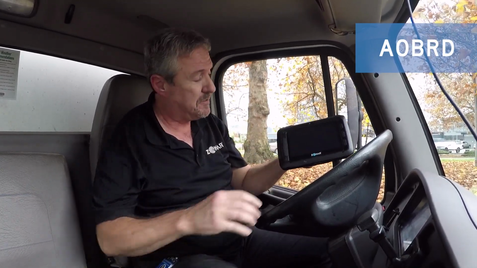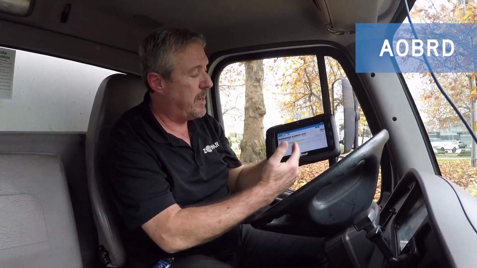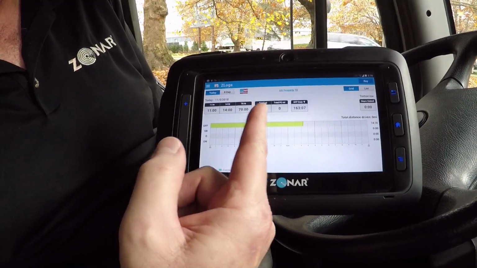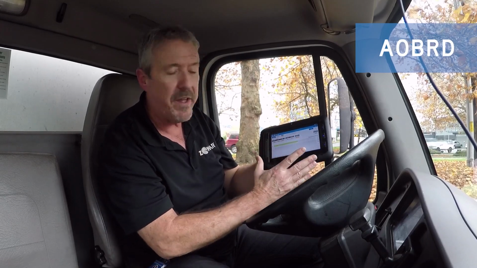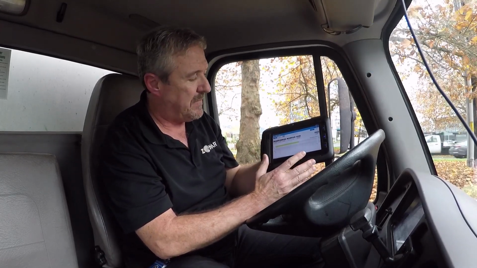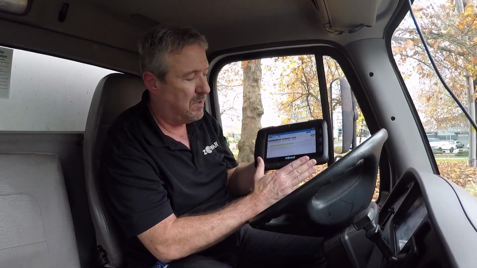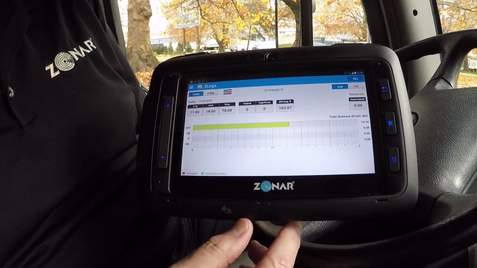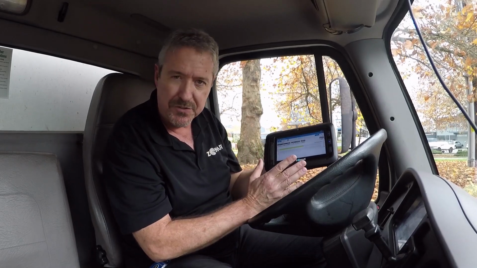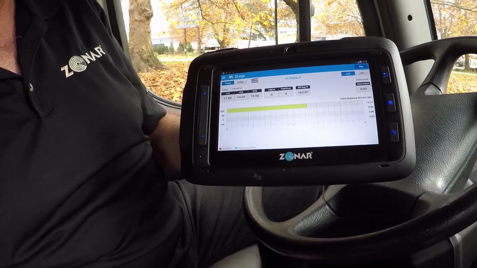Now, you Zonar users are probably familiar with this screen here. Here you've got your clocks with the black bar across the top. You're pretty familiar with this. This is our old AOBRD system. Now, this will do just about everything an ELD would do as far as tracking your logs and showing where you've been, that type of stuff. It also has what we call roadside view, what you give to the law enforcement officer. Now